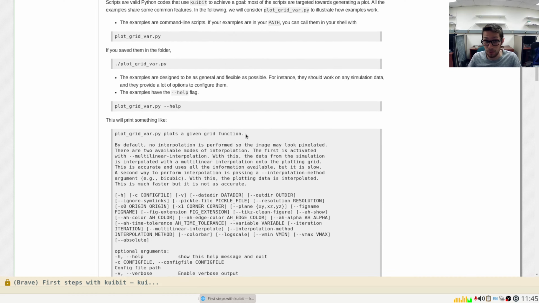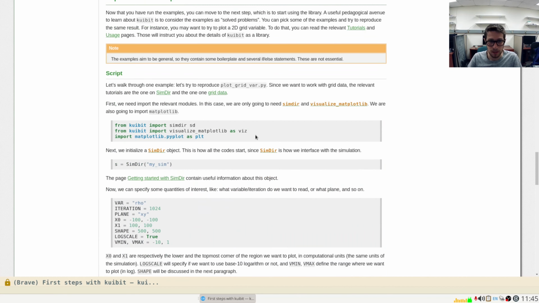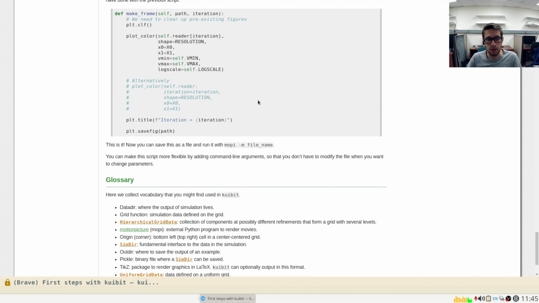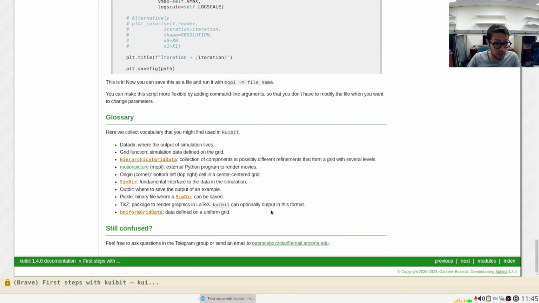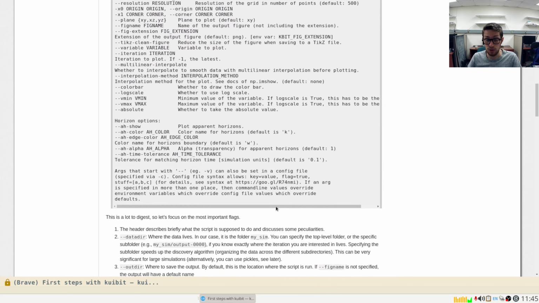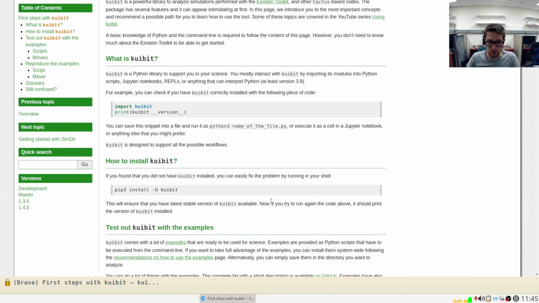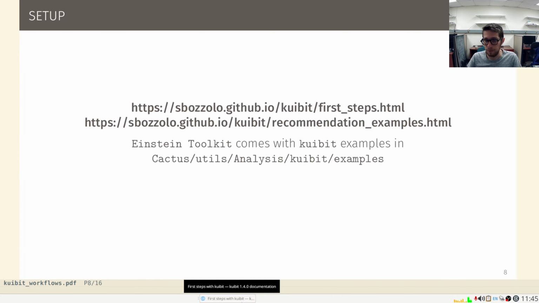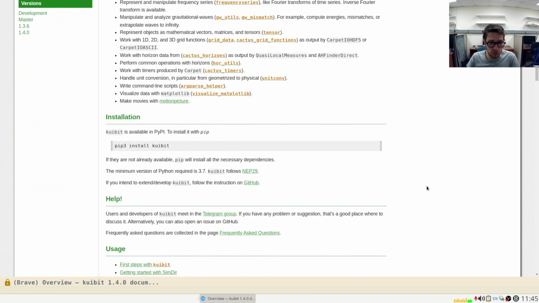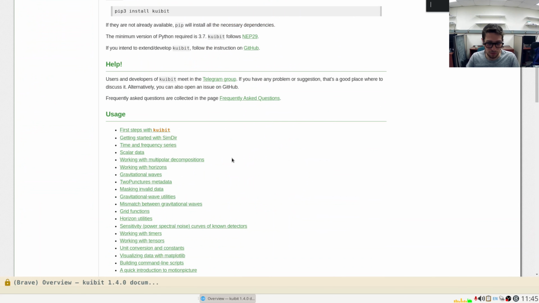For instance, using the examples, trying to reproduce the examples so that you can learn more. And here I walk through some of the keywords, so this could be a good place to start learning Kuibit. There are more recommendations for examples. See where I have a recommendation,